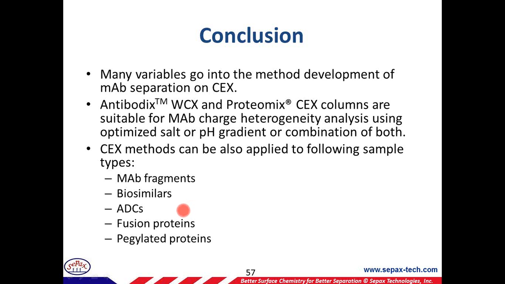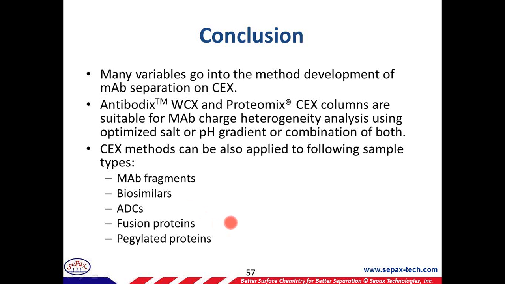They will run very differently from your naked mAb because sometimes they have the lysine conjugates with a small molecule attached so that you lose all the charges on the lysine. Also sometimes the small molecules will change the entire molecule structure, so that will give you different charge variants as well. Fusion proteins, there are also a lot of people working on different kinds of